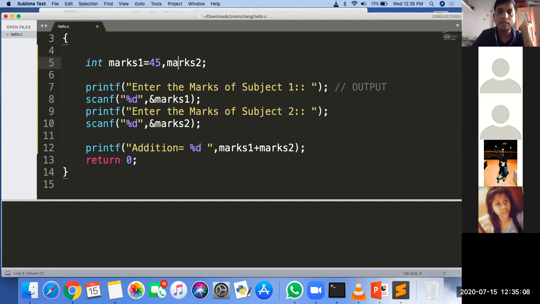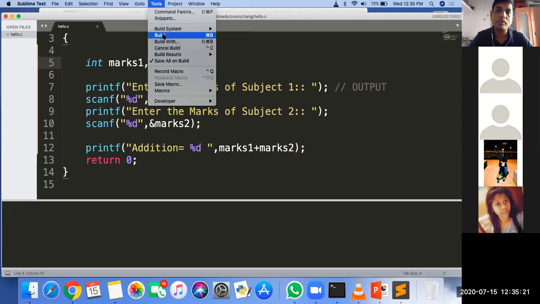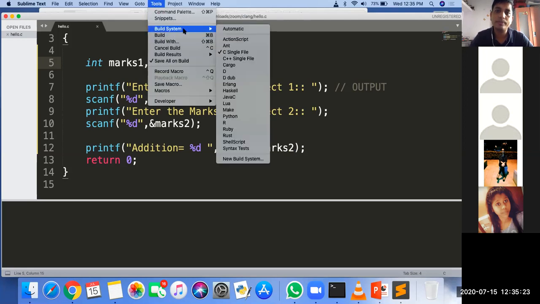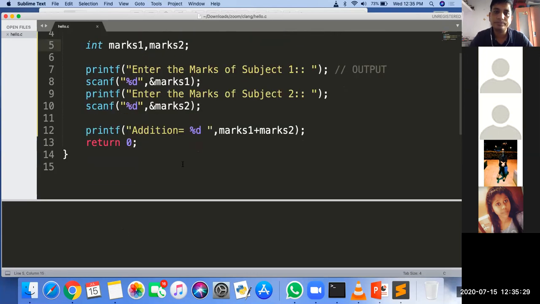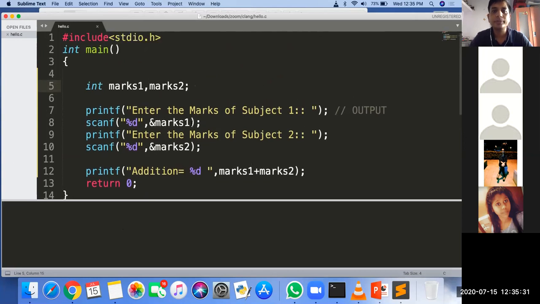But what happens when I'm taking the scanf? Your addition will totally depend on your user input. Whatever the user input is, your output always changes. Got it? Yeah, sir. Okay.